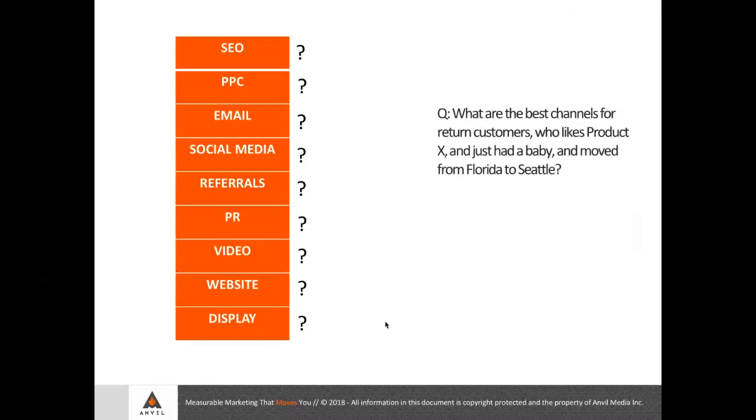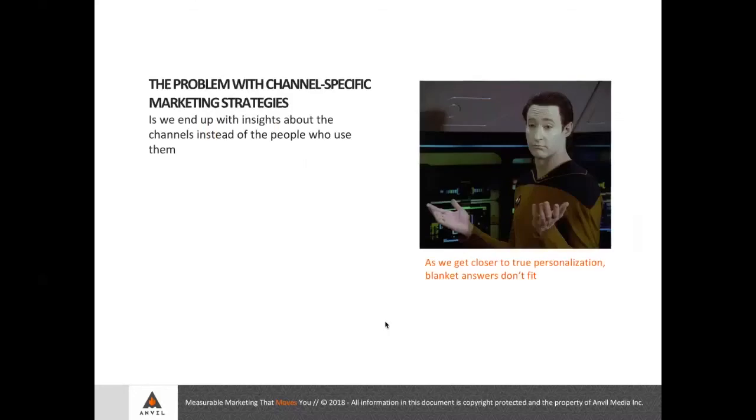I think this gets to the heart of the issue with a lot of our channel-specific marketing efforts. This is true for both agencies. Our own agency is guilty of this, and your marketing teams. When you budget and you strategize for marketing channels, the insights you're going to pull are about the channels. How well is paid doing? Well, the CPC is looking good. Our impressions are going up, they're going down. That's great. That's a health report for the channel itself, but do we get any better insight into that person who moved from Florida to Seattle? No, we don't know anything else about them. These blanket answers don't fit anymore.